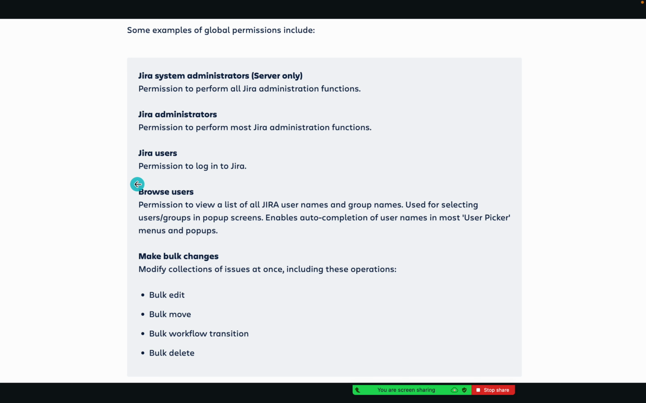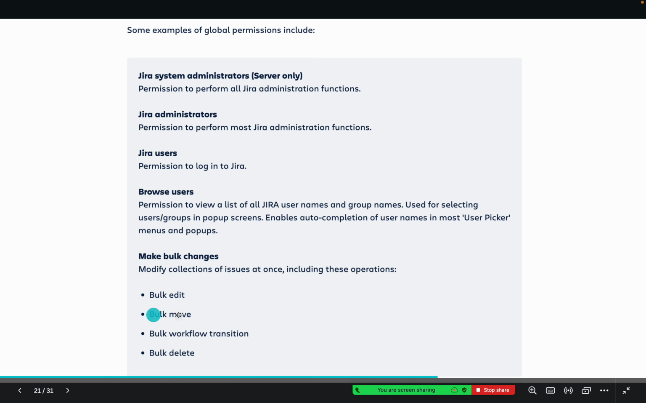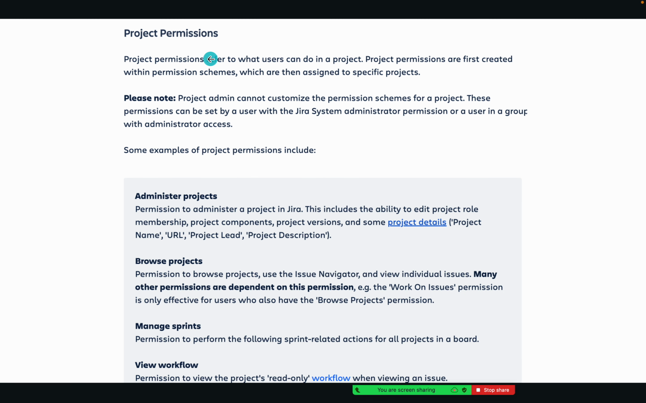So global permissions include bulk edit, bulk move, bulk workflow transitions, bulk delete. You can do browse users, JIRA users, JIRA administrator, JIRA system administrators. These all come under the global permissions. Project permissions are,